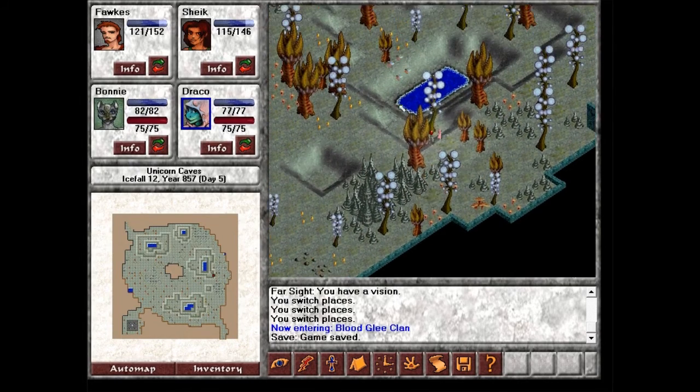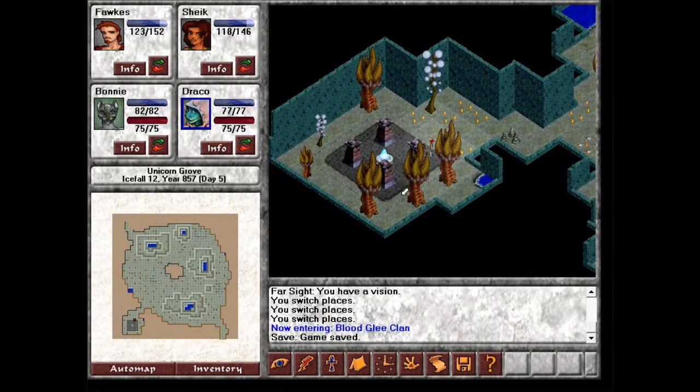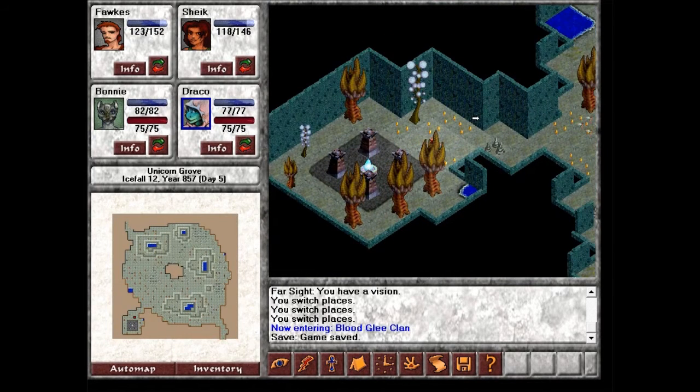Okay, it's just a big empty cavern. So that leaves this area over here. And it's day 5. This is a big cavern. There's not much there, but...